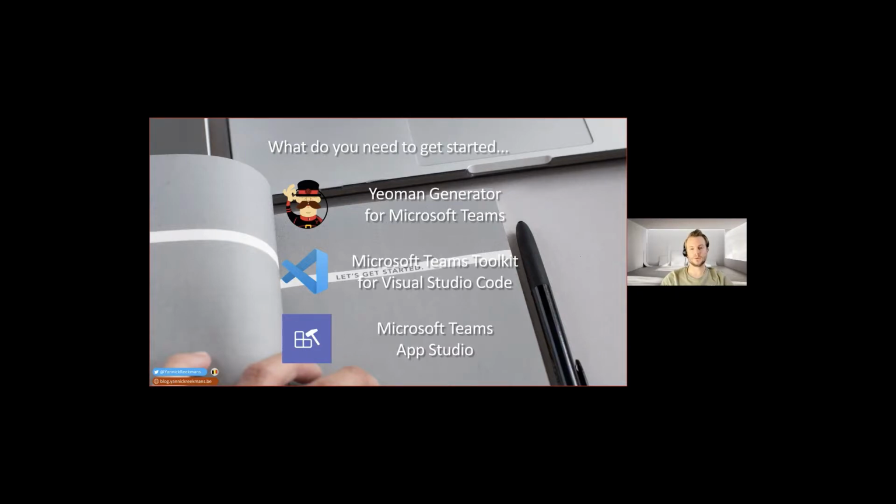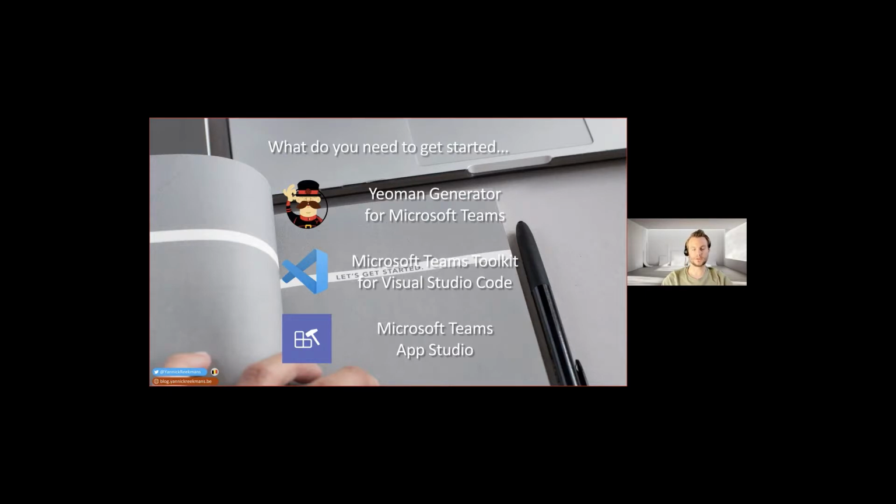So it guides you through with a set of UI forms, asking you for your developer name, the name of your application, the URLs for your config pages, what functionality you want to expose, being a tab or a bot. And then in the end, you end up with your zip file that you can directly install inside of your Microsoft Teams environment in which you're running the App Studio, or you can download it and transport it into another tenant and install it over there.